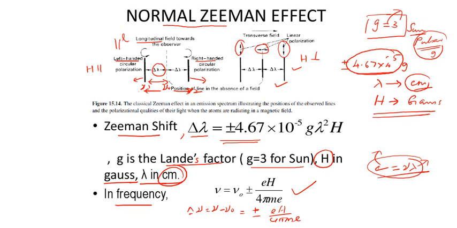And if you insist on using this delta nu, see that e is the electronic charge, H is the magnetic field, and m e is the mass of the electron, all fundamental quantities, with 4 pi m e. Remember this m e is the mass of the electron, not m into e, otherwise the e and e would cancel. So e in the numerator is the electronic charge. Here also H should be in Gauss, and e should be in electrostatic units, ESU, which is also very important.